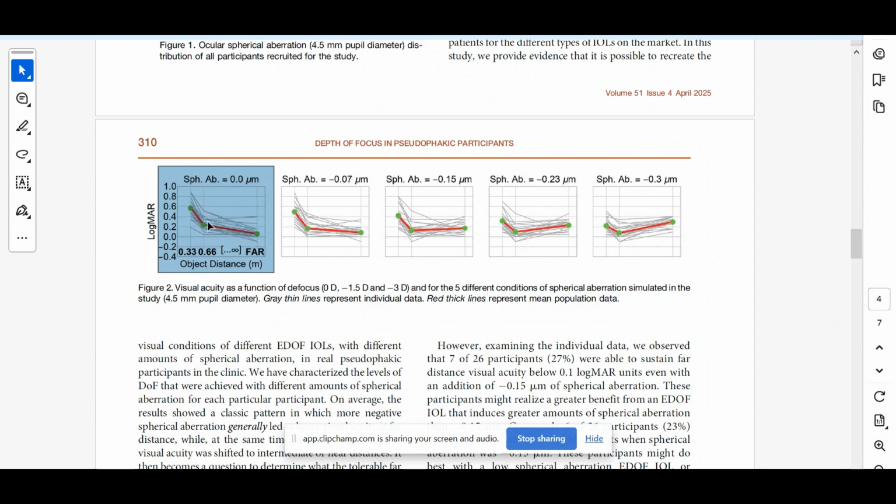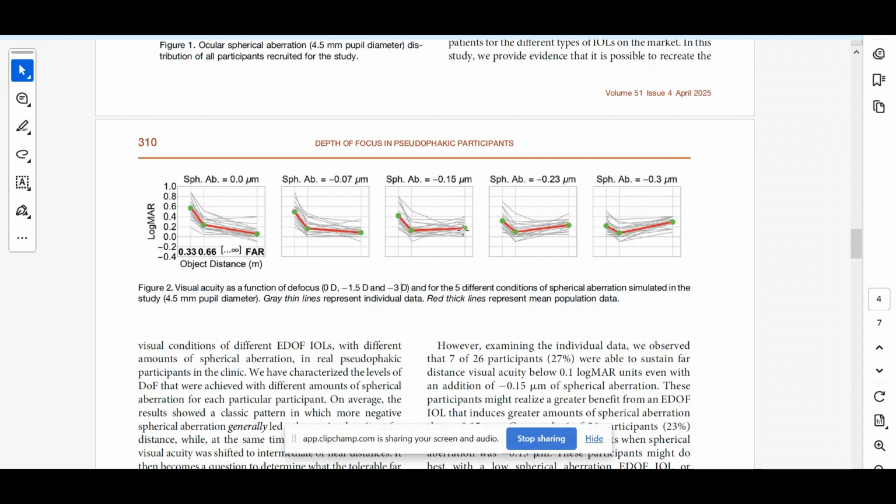And then they also measured at 66 centimeters, and at the near point at around 33 centimeters. They did these experiments with a 4.5 millimeter pupil diameter. And what they found is that when you are inducing a spherical aberration of minus 0.07 to minus 0.15, then